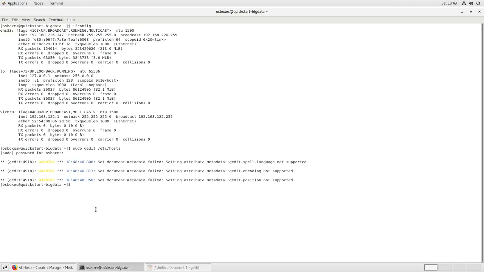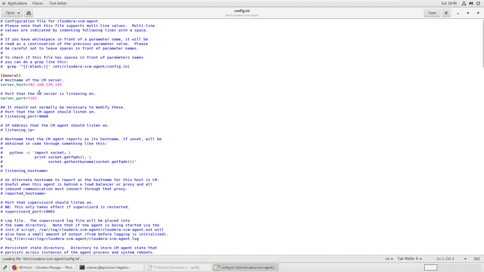So let's make some more changes. Sudo gedit /etc/cloudera-scm-agent/config.ini. So here also you can see server_host is mentioned as 192.168.226.145.